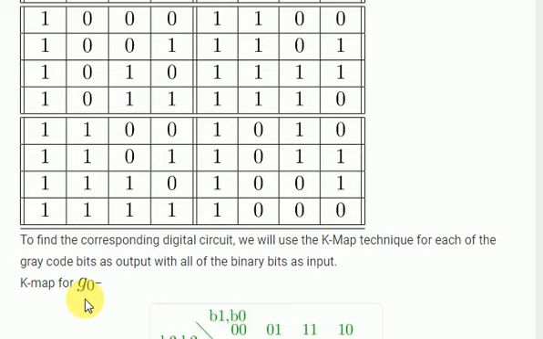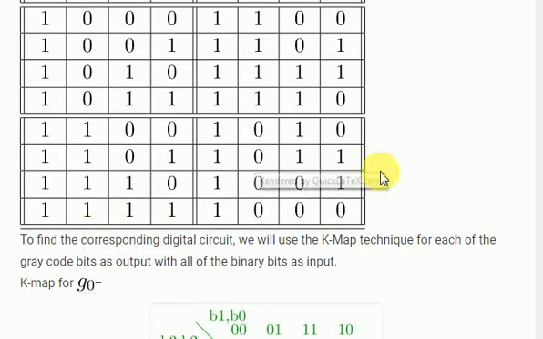In the second last combination we are having 1 1 1 0. Here 1, the most significant bit, is placed as it is. 1 1 is equal to 0, so here we will put 0, then again 1 1 the answer is equal to 0, put it here, and 1 0 is equal to 1, put it here. The last combination is 1 1 1 1. G3 is 1 as it is. When 1 1 is exclusive OR with one another, the answer is 0 here, then again 1 1 answer is 0 here, again 1 1 the answer is again 0.